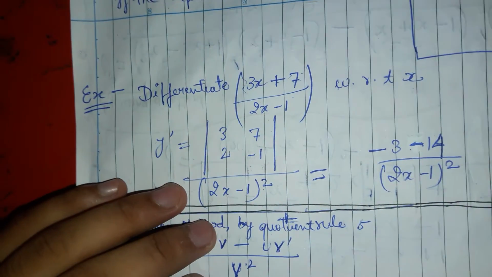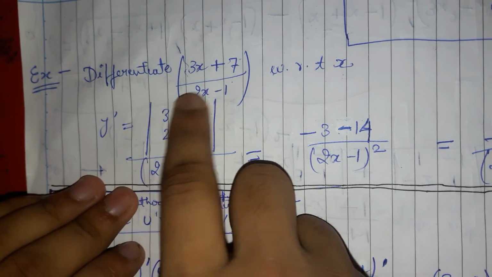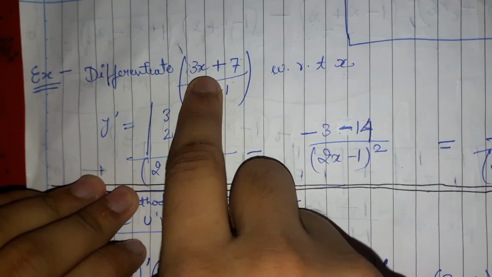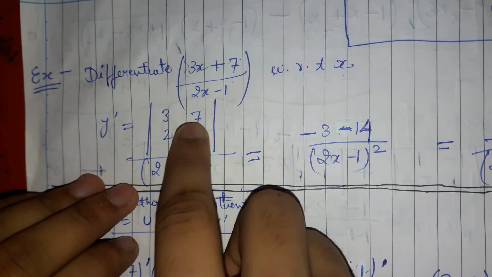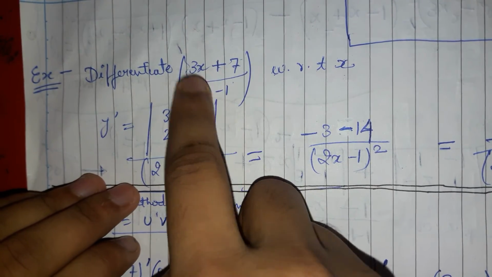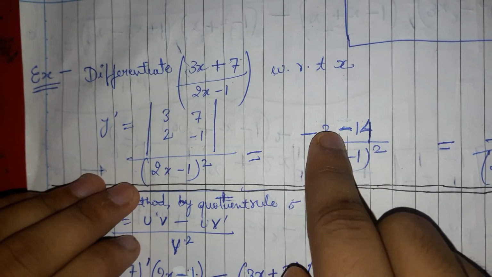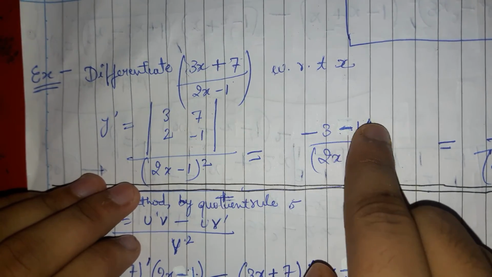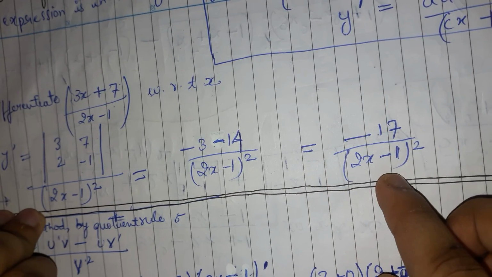So let us take an example. Differentiate, this question is from NCERT exemplar. Differentiate 3x plus 7 with respect to x. So y dash, 3 2 7 minus 1. This is 3 7 2 minus 1. I differentiated like this: 3 minus 1 minus 3 minus 14 over 2x minus 1 whole square. This is the final answer. You can see how